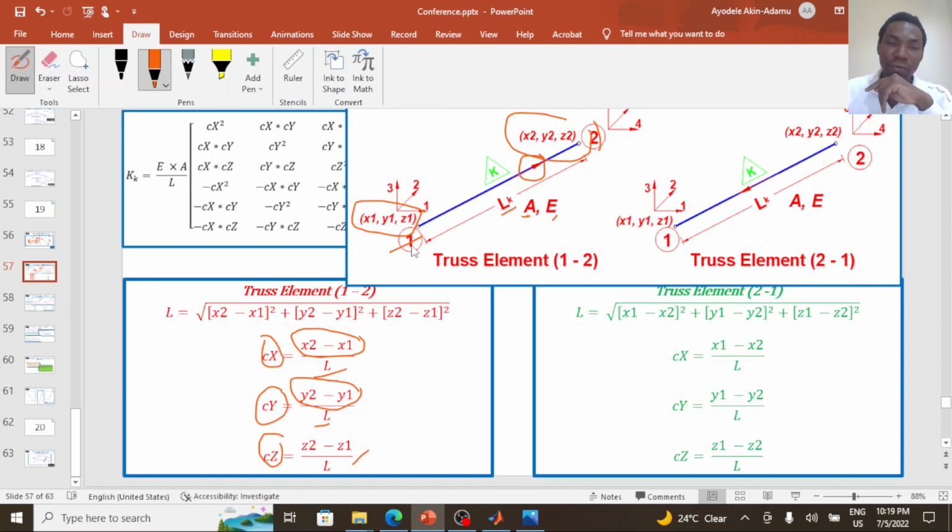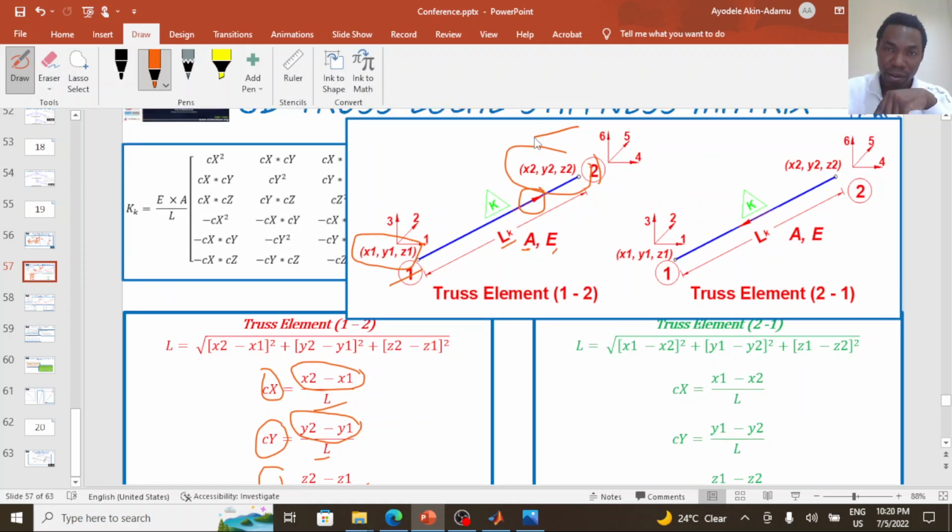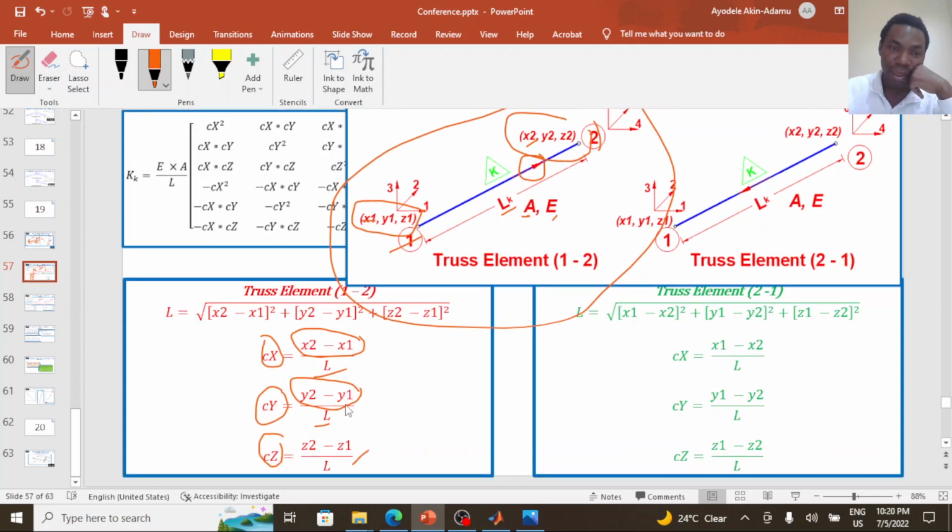Because the arrowhead is pointing from node 1 to node 2, when calculating Cx, Cy, Cz, we subtract the start node coordinate from the end node coordinate. So Cx is x2 minus x1 over the overall length, Cy is y2 minus y1 over the overall length, and Cz is